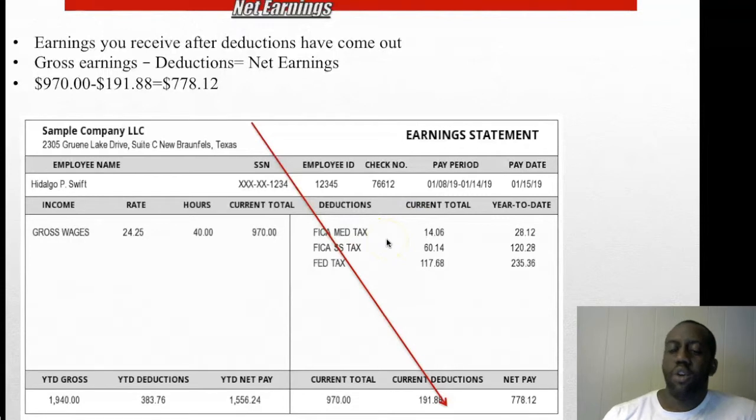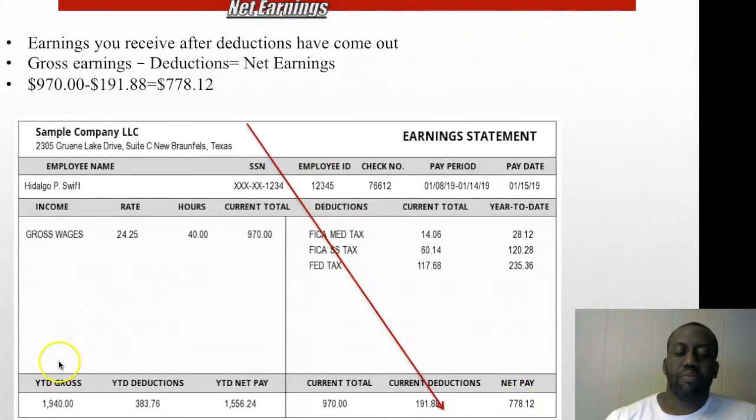So to get the net earnings, we take the gross earnings and we subtract the total current deductions, and this gives us our net earnings, which for this person is